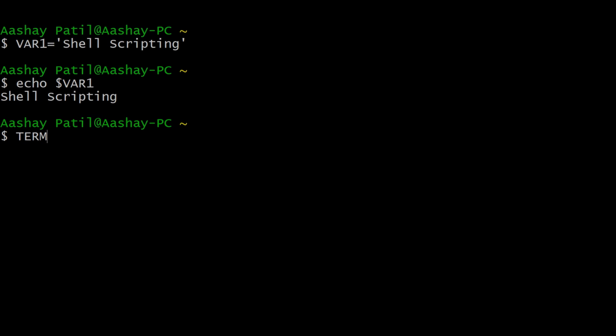Just use TERM equals to, and assign your terminal type. Most users will use VT100, which is a terminal set to its lowest common denominator. After hitting enter, as you can see, our terminal type has been set.